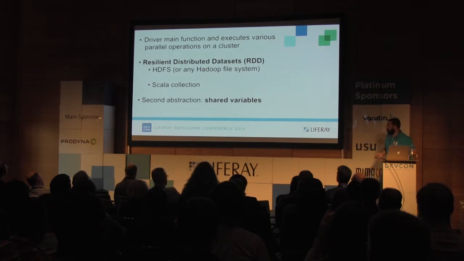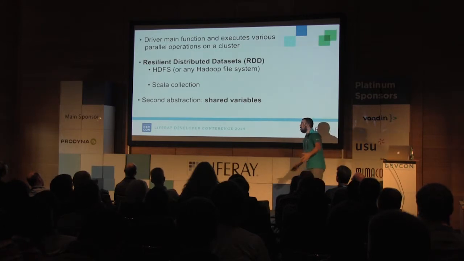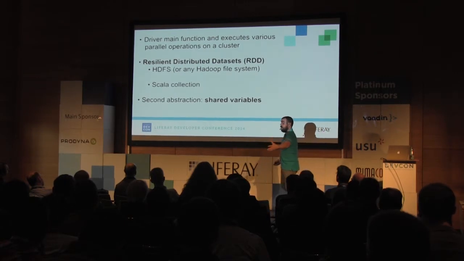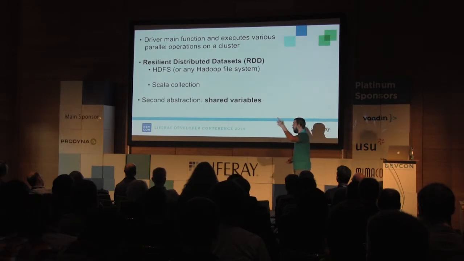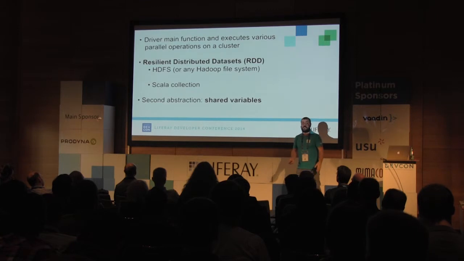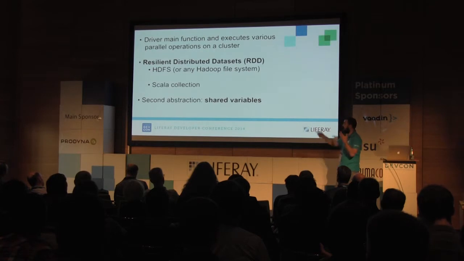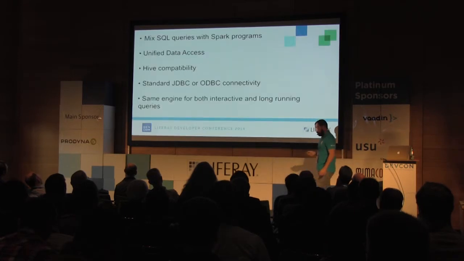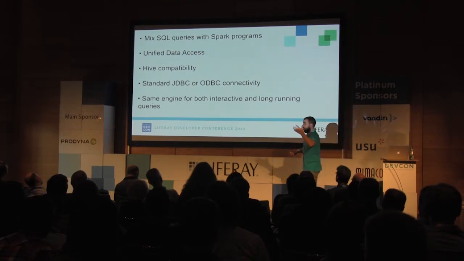The core of Spark is based on what are called resilient distributed datasets. Basically you can get this abstraction and read it from a Hadoop cluster or any file system compatible with a Hadoop cluster. But even better, you can read it from a text file or even from a Scala collection. If you are a Scala programmer, you can take a Scala collection and create a resilient distributed dataset from it. It's pretty cool. Then we have SQL. SQL is no more than an abstraction where you can use regular SQL queries to query Spark distributed datasets.